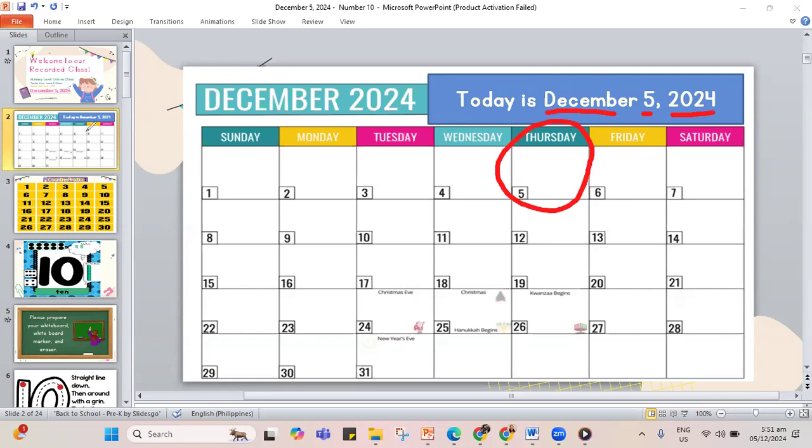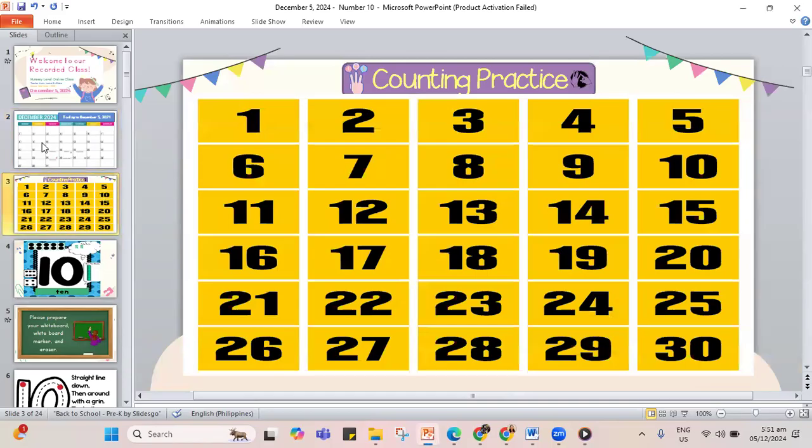Let's erase the writings on the screen, and how about let's count our numbers from 1 to 30. I'll check the numbers for you and you get to see our numbers, okay? Count with me.